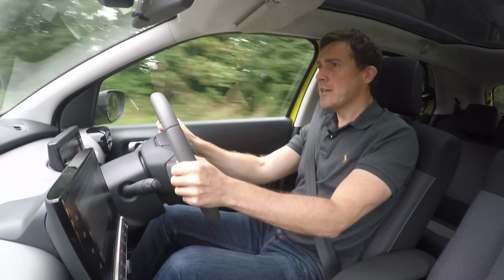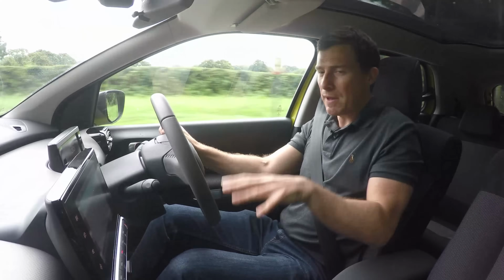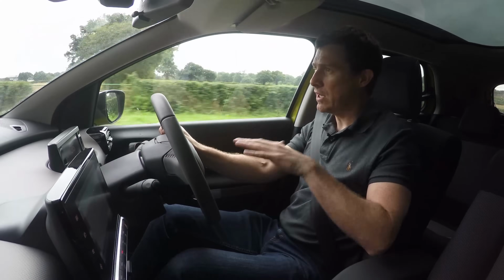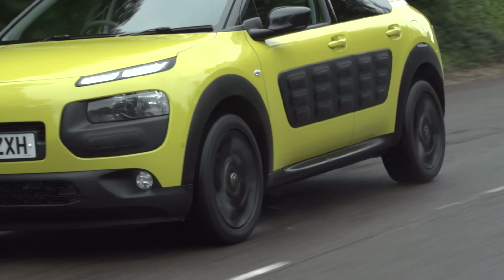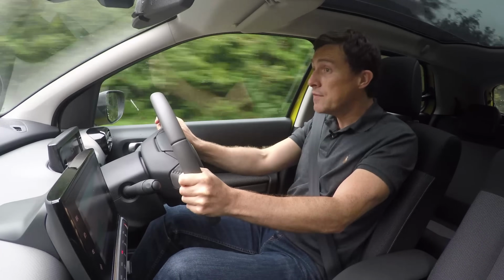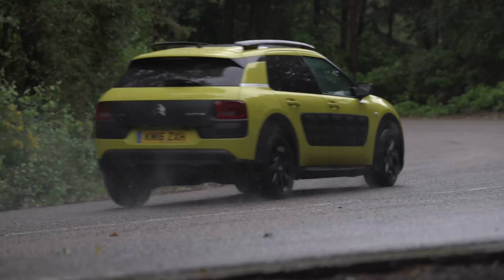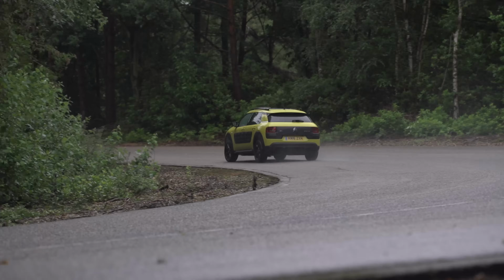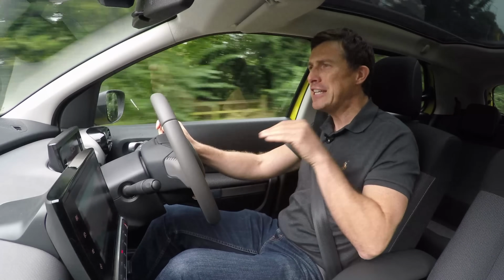Okay, so this car has a spiky name, but the ride is anything but. The suspension is actually nice and soft, so it deals really well with bumps and potholes, makes it great for driving in town. There is a trade-off for that comfy suspension, and that means the car, when you're going fast and you go over bumps, it does feel a little bit floaty. And when you try and push it into a corner, it does start to run wide, and it rolls about quite a bit,